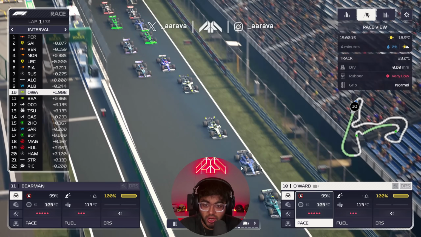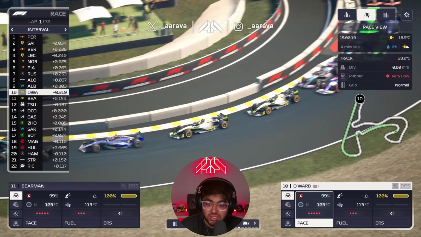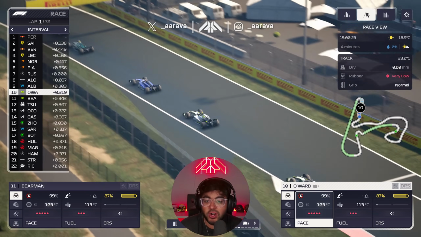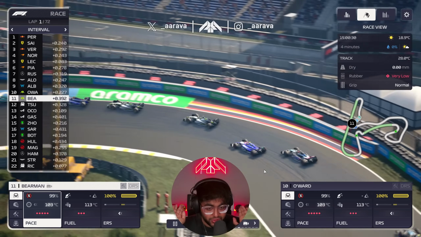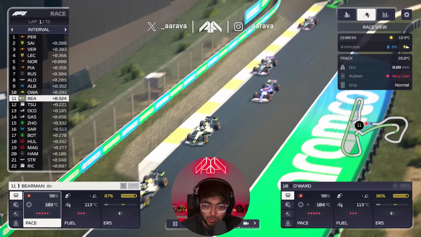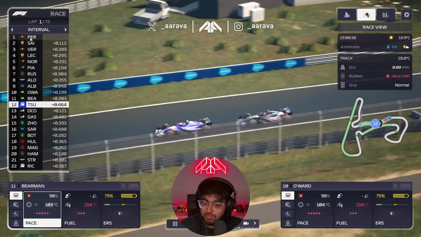O'Ward, good start for him. Behrman a little bit slow off the line again on the race start. O'Ward a little bit more switched on, but they hold position, which is fine for us. That's good. Hold position. I'm happy with that. We'll let them push like this, with everything on max for a lap or two, and then we'll see where we're at. I'm a little bit worried about that AlphaTauri of Tsunoda there, but he's being attacked